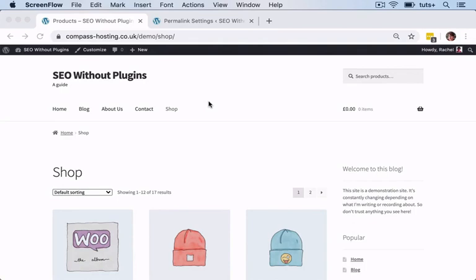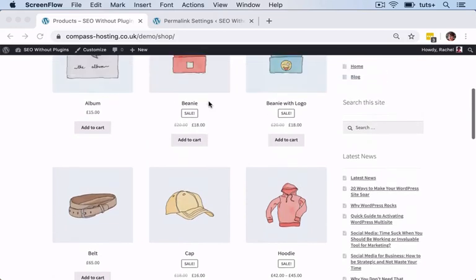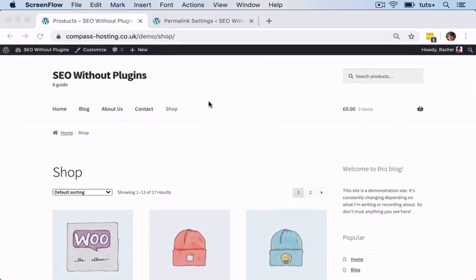In this part of the course, I'm actually going to cheat a little bit because I have installed a plugin, but it's not an SEO plugin. It's an e-commerce plugin, and that's WooCommerce. So I've got a demonstration site here that's got WooCommerce running, some dummy products, and the Storefront theme, which is designed especially for WooCommerce. And I'll show you the settings that you get with WooCommerce that enable you to optimize